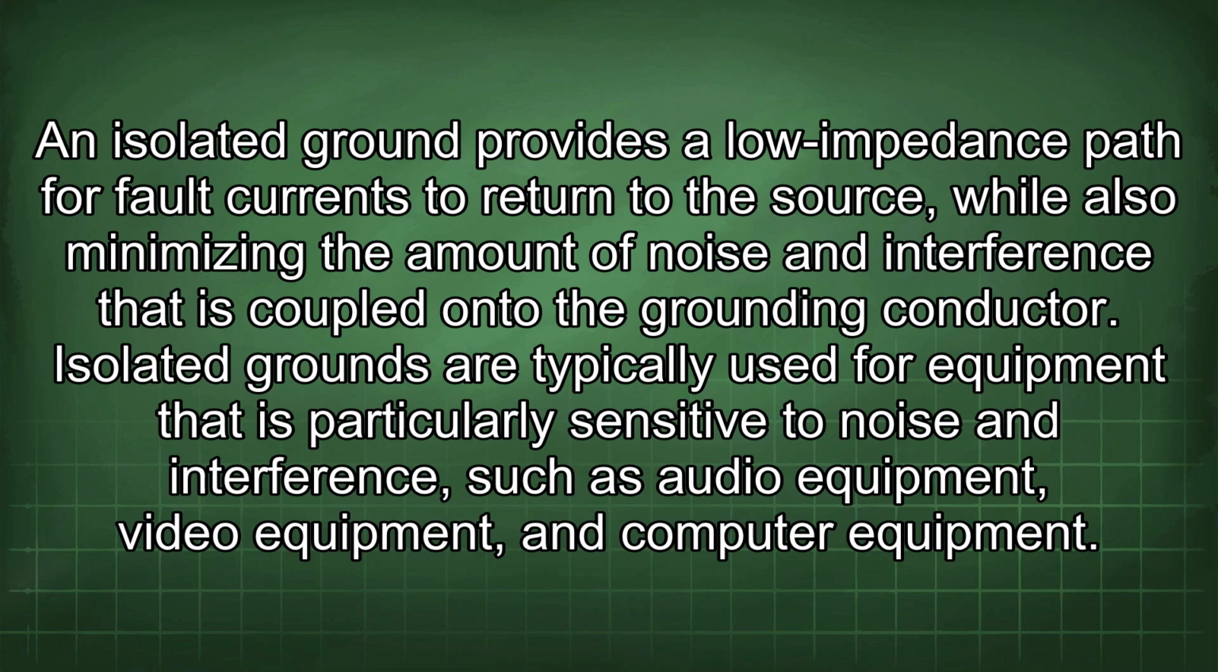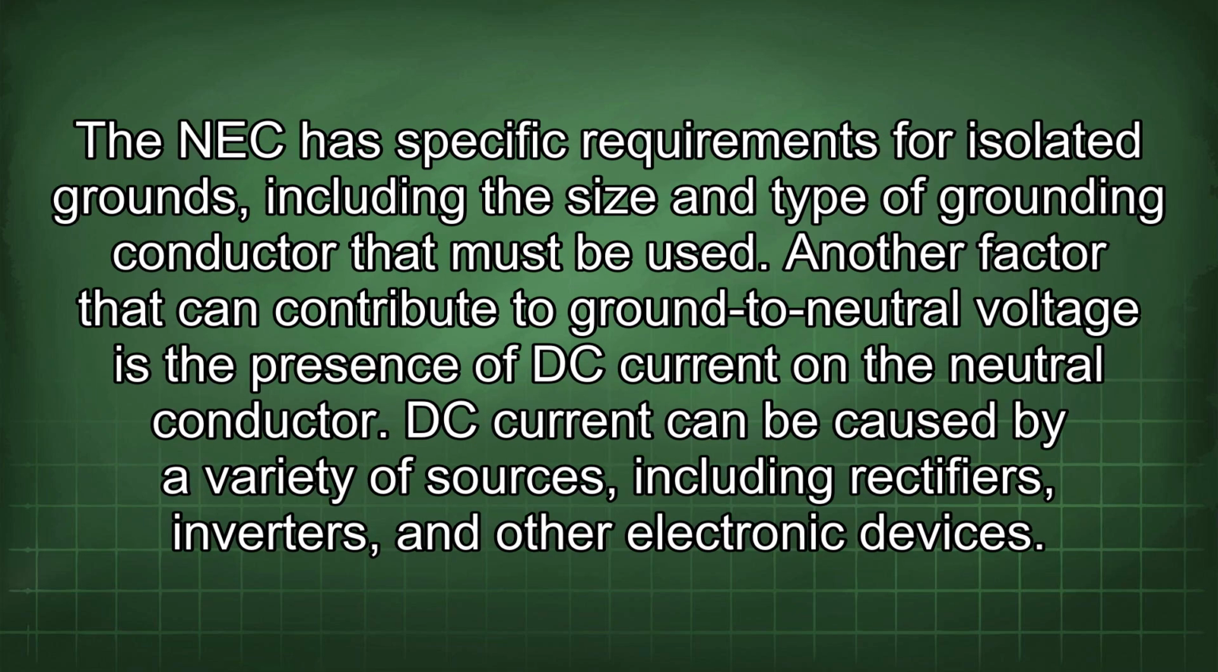Isolated grounds are typically used for equipment that is particularly sensitive to noise and interference, such as audio equipment, video equipment, and computer equipment. The NEC has specific requirements for isolated grounds, including the size and type of grounding conductor that must be used. Another factor that can contribute to ground to neutral voltage is the presence of DC current